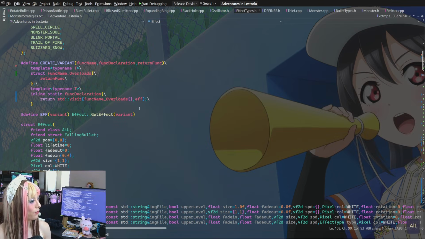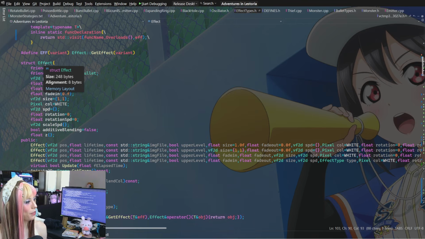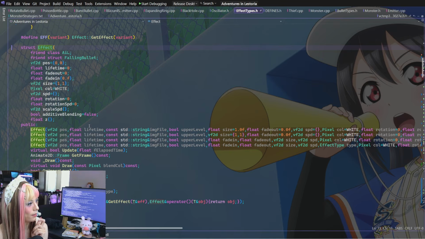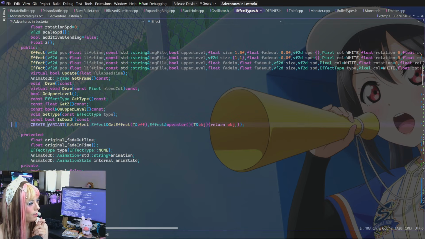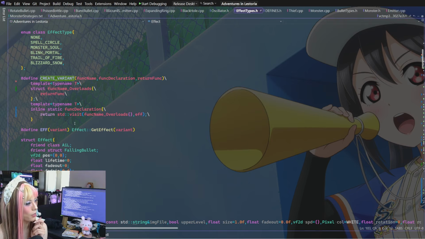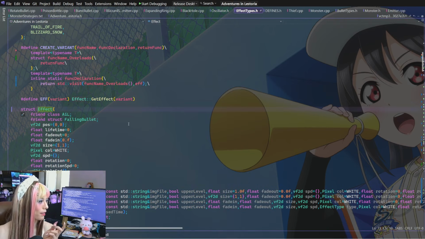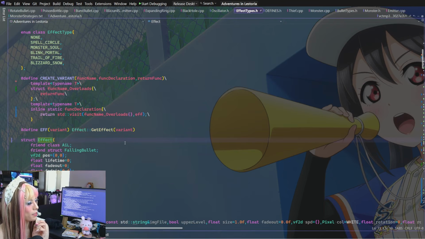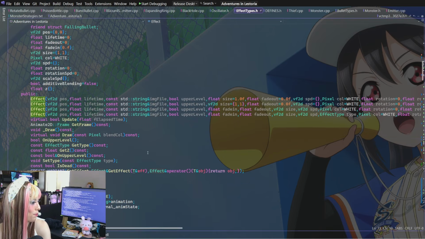Because if this type has to be known, if this is not a templated type, it's just going to generate it on the spot. Or it's not going to generate these on the spot, because that would change the size of the class, potentially. So once this effect is defined, the stuff inside can't be generated. So I would just make these global. It would be called get effect. It's starting to make me wonder if I even need a standard visit for this. If I know all of them are supposed to be an effect type, I guess I still have to get it is the issue.